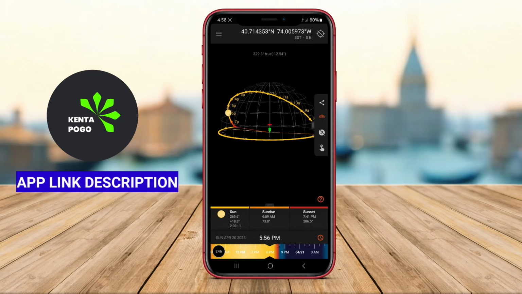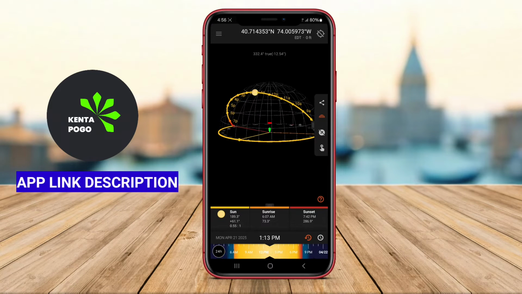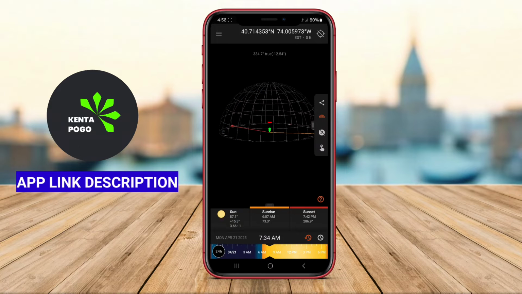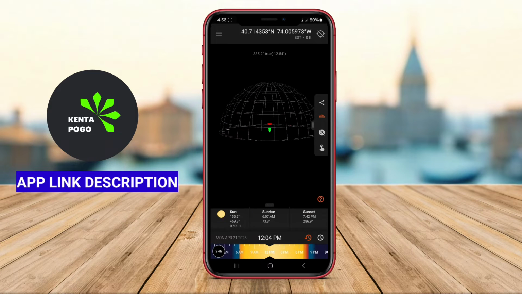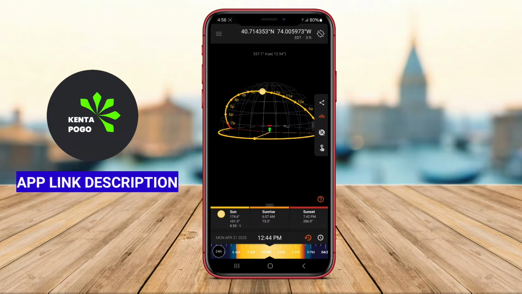Sun Surveyor is a specialized Android application designed for photographers, filmmakers, and outdoor enthusiasts who want to understand the movement of the sun and its effects on natural lighting throughout the day. Offering a unique combination of tools and features, the app allows users to visualize solar paths, sun positions, and shadows